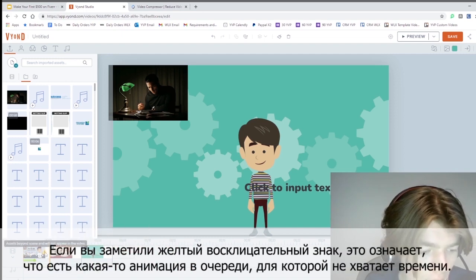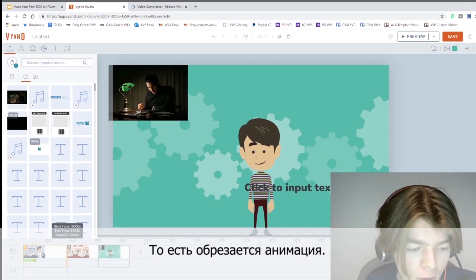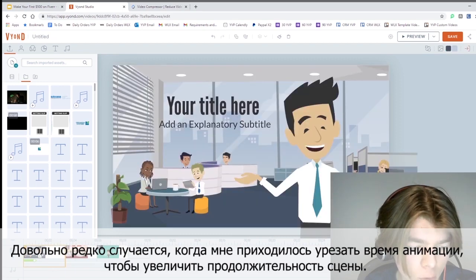If you notice there's a yellow exclamation mark, that means there's some animation that's queued in that hasn't got time to happen. So we're cutting off animation. So it's quite rare that you don't want to either reduce the animation time or increase the time for the